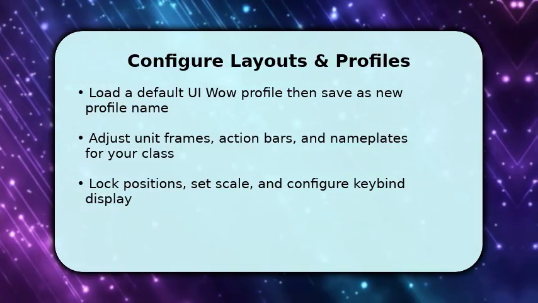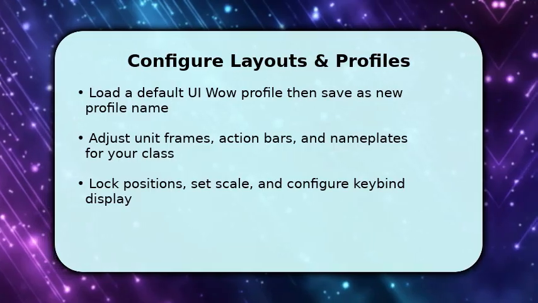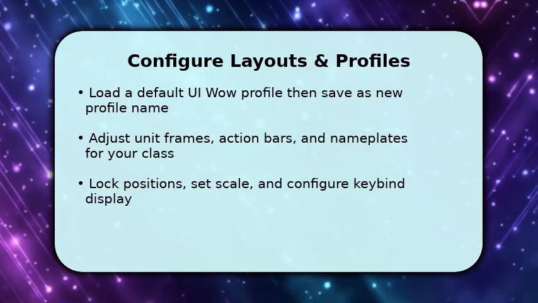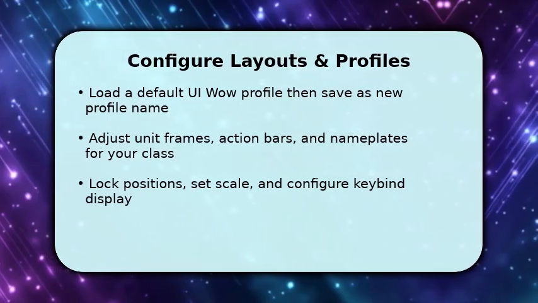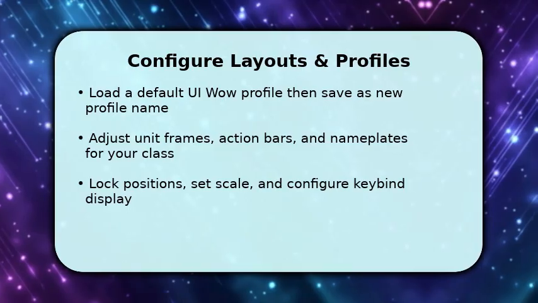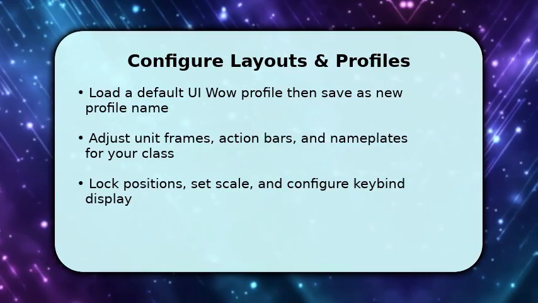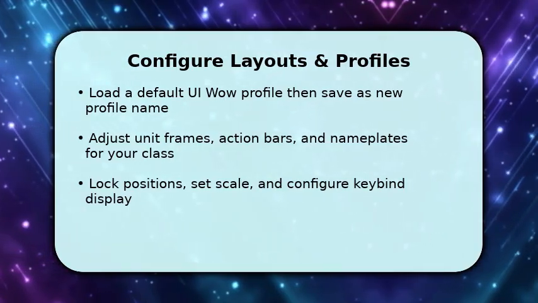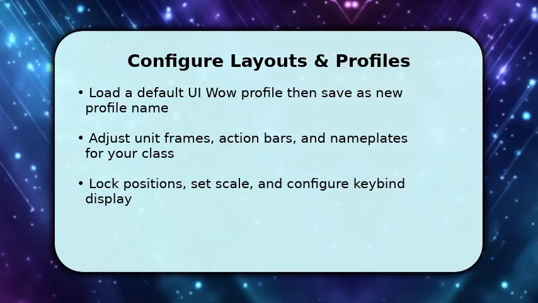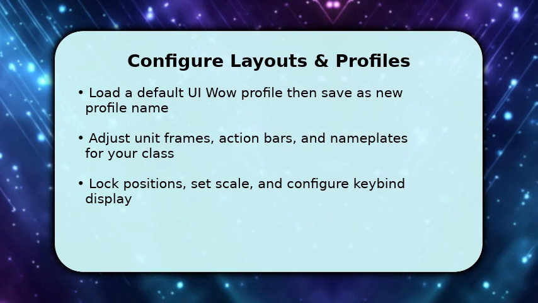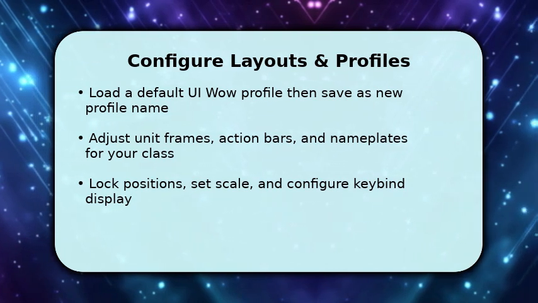Then adjust unit frames, action bars, and nameplates to match your class roles and playstyle. Prioritize visibility for cooldowns and interrupts. Once elements are positioned, set global scale and lock positions to avoid accidental moves. Also configure keybind display and action bar paging so abilities map correctly across stances or forms, which prevents input errors